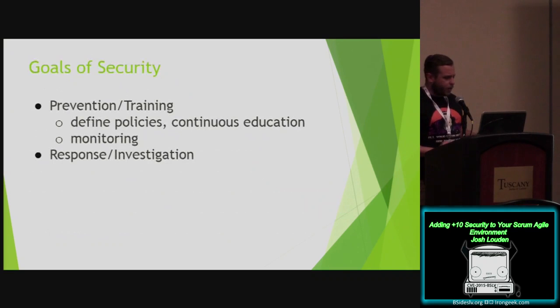So the goals of security, we have two main high-level categories: prevention and training, and response and investigation. Prevention and training, we have things like defining policies and procedures to help secure an organization, protect day-to-day operations and finances, and continuous education of general individuals, like what you shouldn't do. Monitoring the essentials, network tools help to identify issues inside and outside the network, and set up mechanisms to implement specific security policies, so your passphrases, your 2FAs,